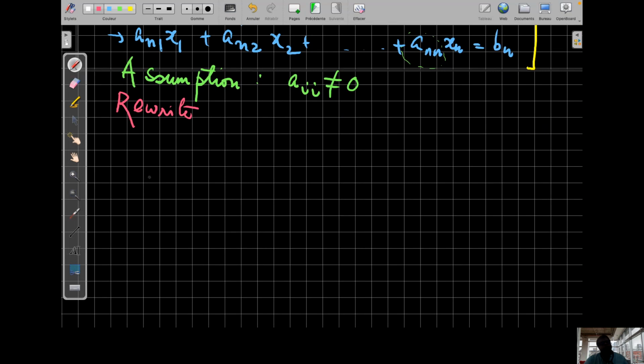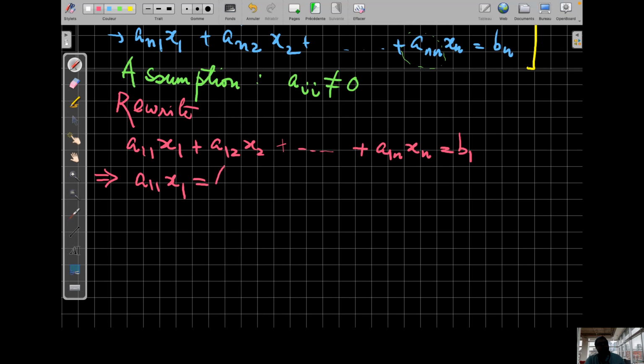Remember that initially I have been given A11, so I'm going to write the equation again. A11 x1 plus A12 x2, and similarly plus up to A1n xn, and this is basically B1. So what I'm going to do is write it in an equivalent form, A11 x1 equals